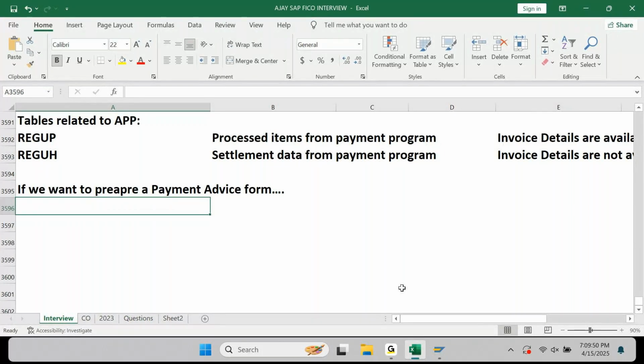Yes, sir. This payment, along with the payment, are we supposed to send payment advice to the vendor or not required? We have to send it. Required. Required or not? Payment advice form. Required. Now, when you are sending a payment advice form, based on the payment advice form, your vendor